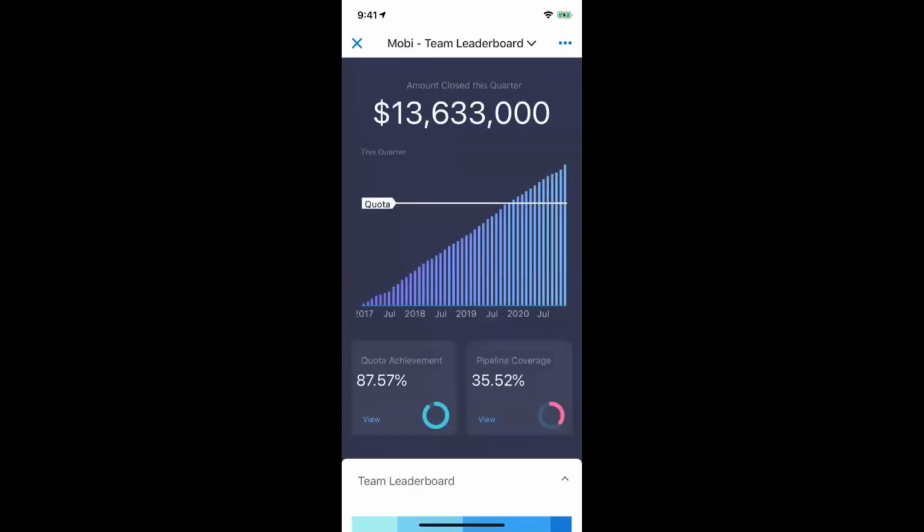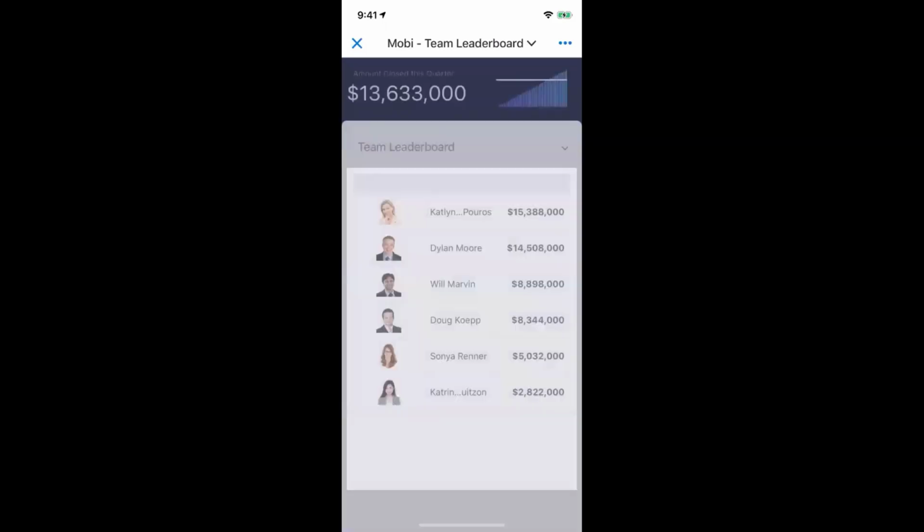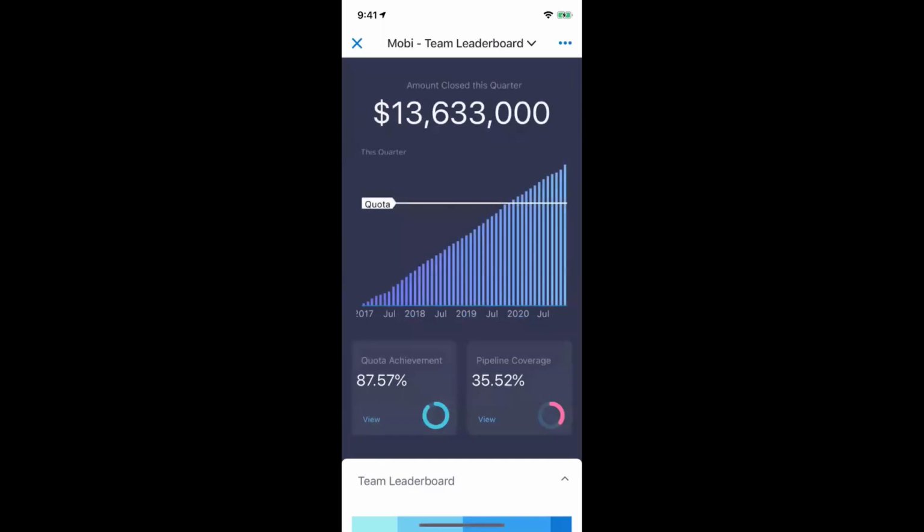Or for instance, where it says quota attachment, I can tap on view. And again, it's going to expand that section to show me more details. And then again, I can dismiss that view and go back. So just another way of using dashboards. As you can see, these